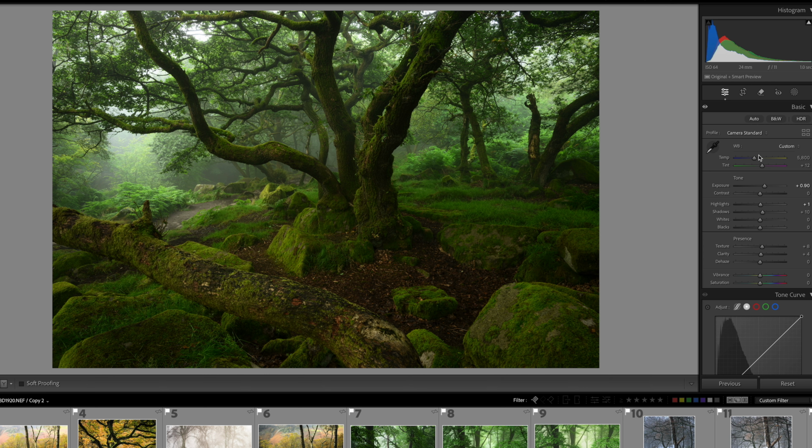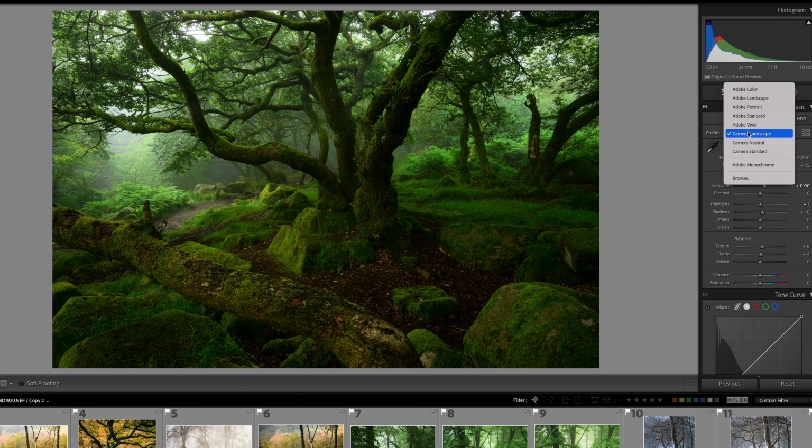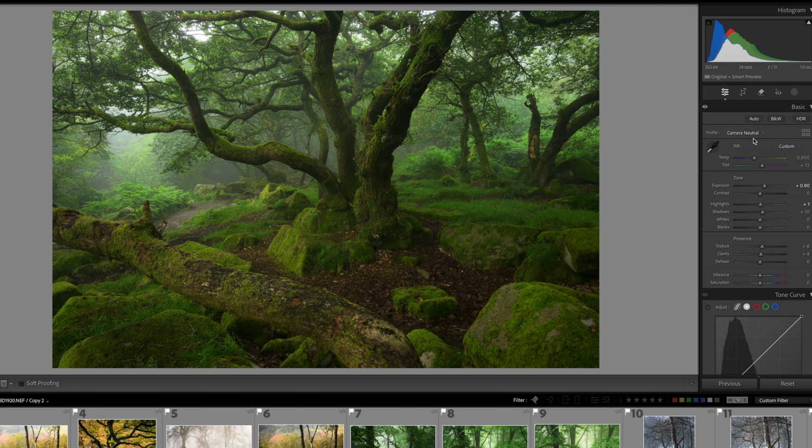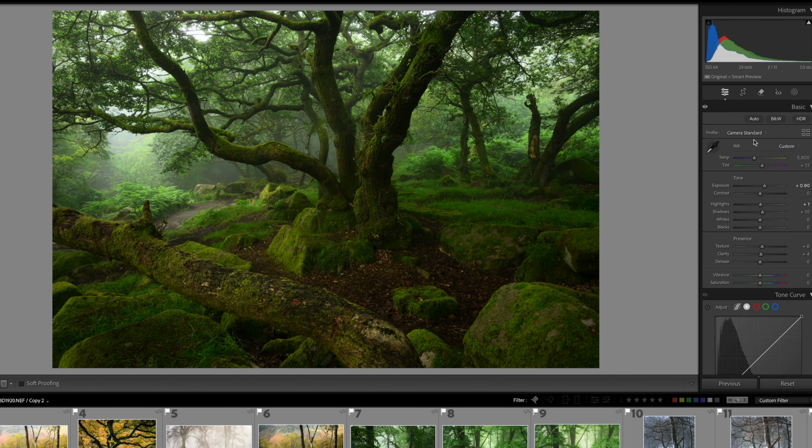is straight out of camera, which looks pretty good to begin with, but I really think I can make it look a lot better than that. And I've got a few basic things that I do first. So the first thing I do is, the profile that I import is usually my camera standard profile. You can mess around with this and try different profiles. So landscape is going to give you a more vivid one, neutral is going to start with the neutral tones. Sometimes I start with a different tonality in the image based on those initial imports, but usually it's camera